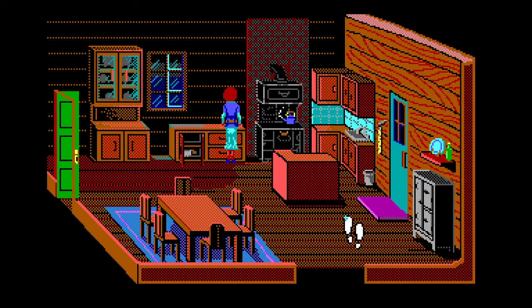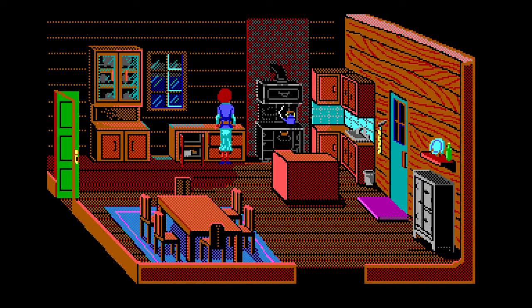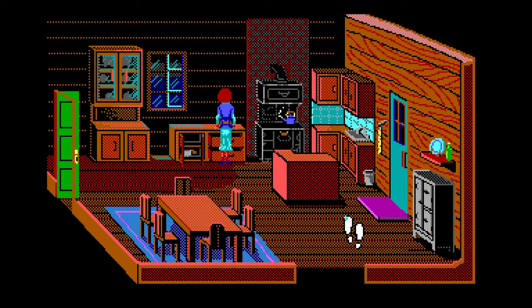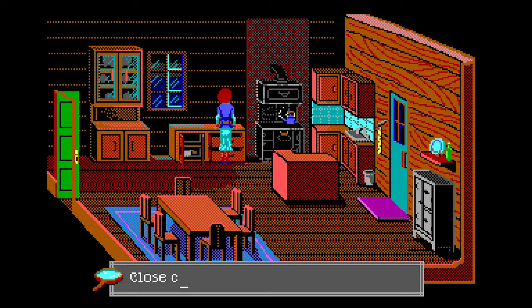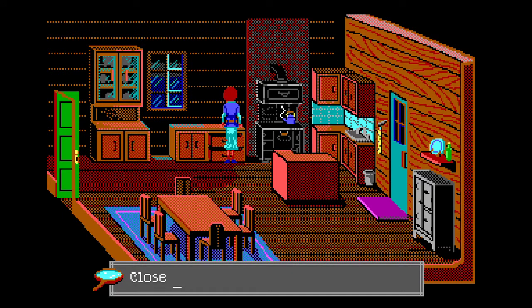Saucepan, okay. Search. Drawers. Pull random bits and bombs, usually found in kitchen drawers. Okay, close. Close. Drawer.